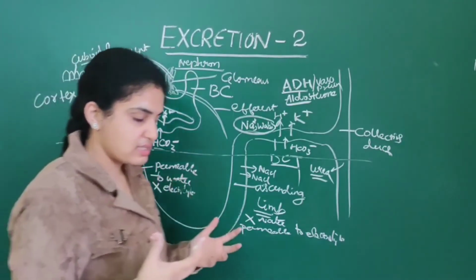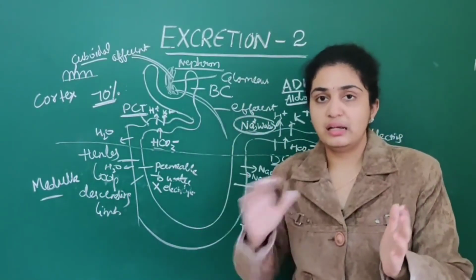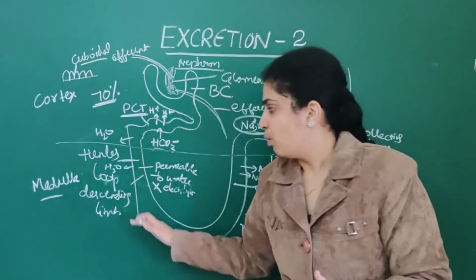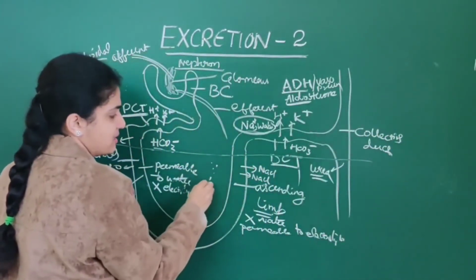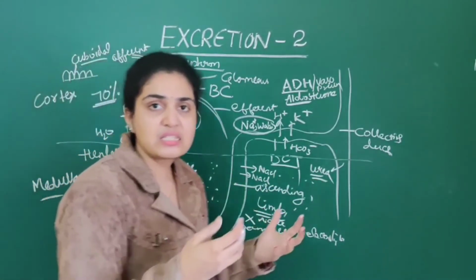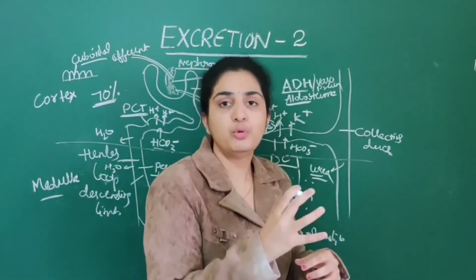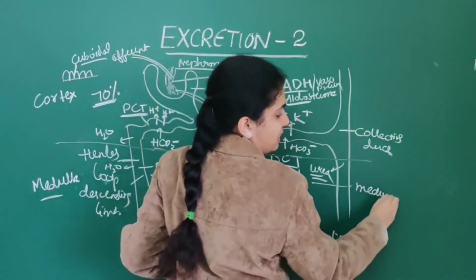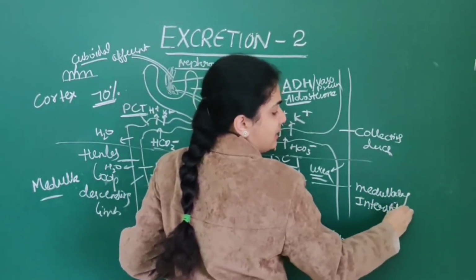What are the outer cortex and medulla? The outer cortex is the structure on the outside of the kidney, the outside part. These all will come under the cortex. Only the loop of Henle will come under the medulla. And there is a space that is present. This space is called the medullary interstitium. Interstitium means any area that is filled with fluid. Because it is present in the medulla, it is called the medullary interstitium.